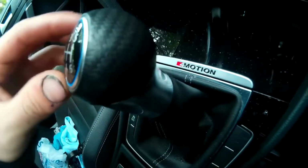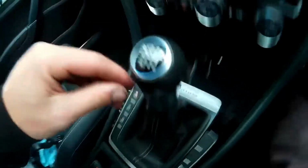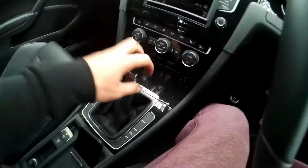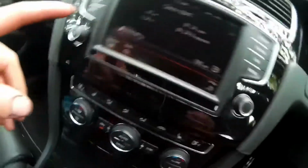I don't know if the camera's going to pick this up, but you have like this carbon effect along certain places. You have it along by the door handle there, have it on the gear knob, whether or not it's picking it up, and also just above the glove box compartment. But overall, the interior in this is a lot nicer than the Cupra. I can't really fault it really. Obviously the only thing which mine's got which is different is the DSG, and mine does have the sat-nav pack. This does not have the sat-nav pack, but